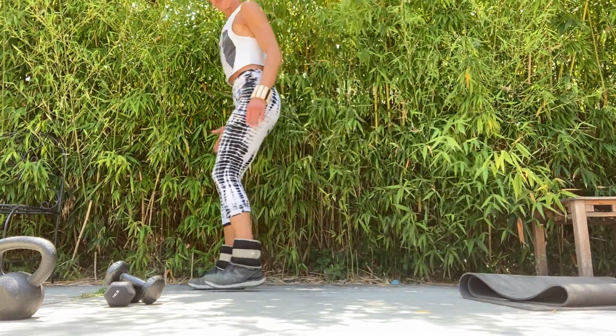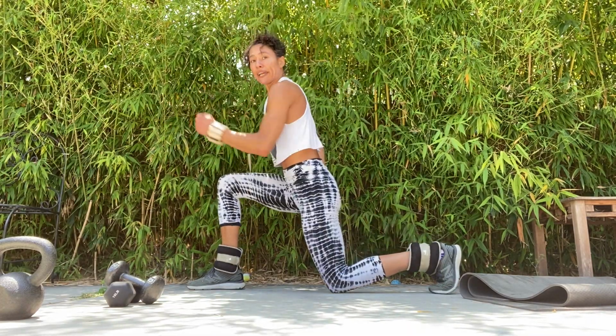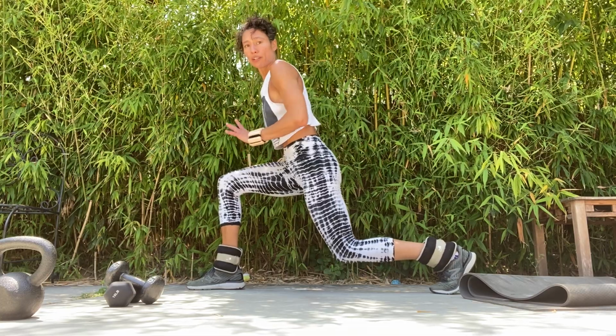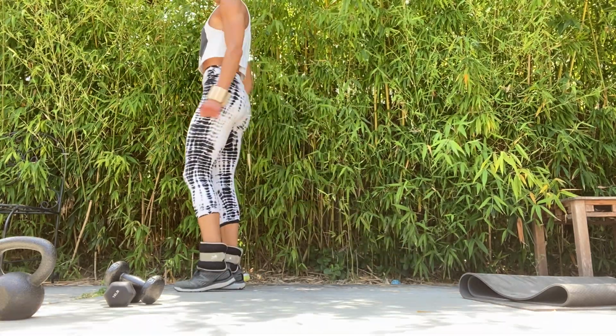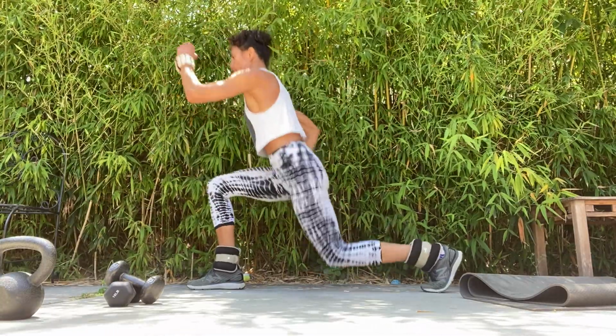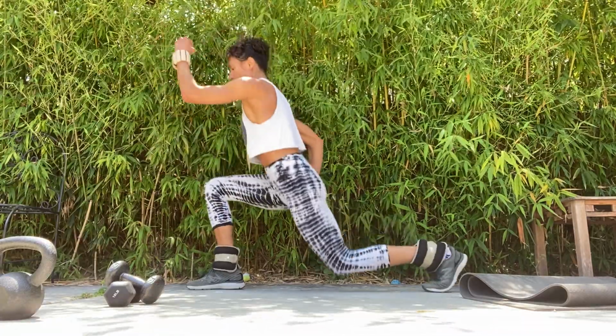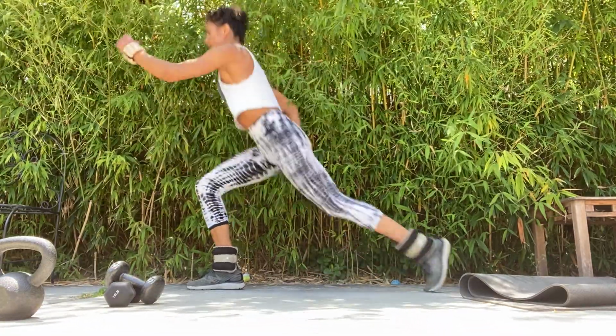So this time, the right leg will remain static, and we'll move the left leg back. Step it back again. Your knee doesn't have to touch the ground. You can just step in here any amount you can. And forward. Step it back and hop. 2 and hop. 3, hop. 4, hop. 5,